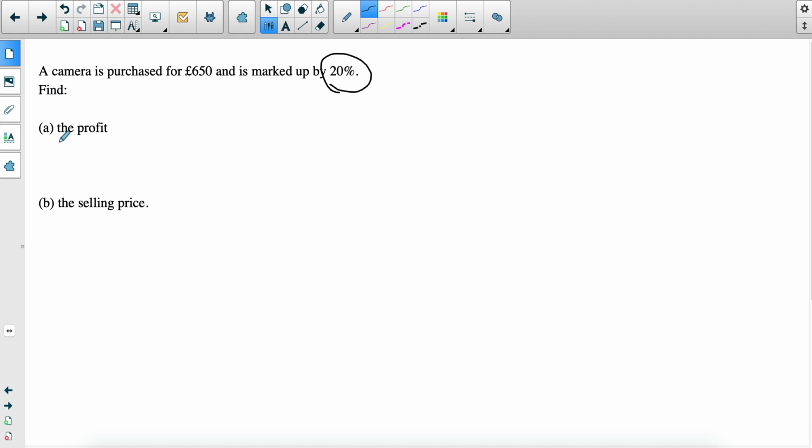So they're asking you to find the profit. This time they are actually telling you what the markup is. If you've purchased it as a consumer for 650, but you've marked it up, so you've increased the selling price by 20%, we actually need to know how much it is now. So you're going to first find 20% of this amount,